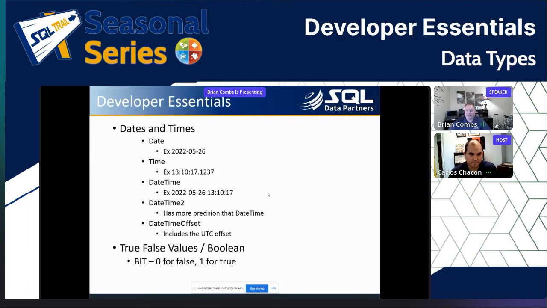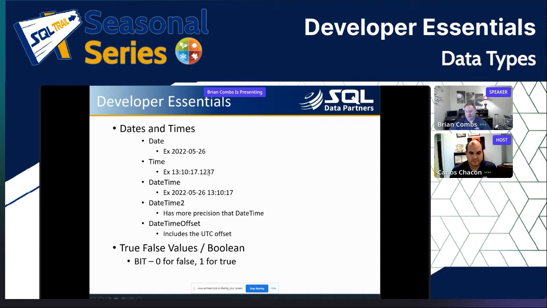And then the fourth is dates and times. So a date is just strictly your month, day, and year, and based on your system setup, your settings in SQL Server, that can be formatted in different ways. But one of the standard formats is year dash month dash day, and of course Europe does it differently. So whenever I'm working with something from England, I always get confused with the day and the month. The time is just the actual time part, and it goes down to hours, minutes, seconds,